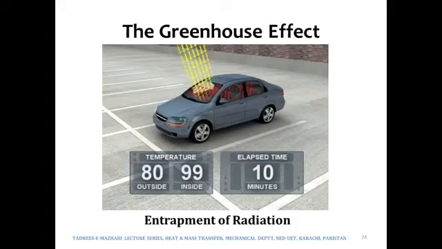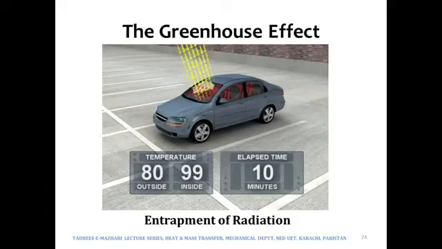Outside air temperature may be like 30-35 degrees Celsius, but inside the car we find it to be a lot more, probably approaching 40, 42, 43 degrees Celsius. So when does it happen? When we park it in the sun, right? If we park in a shadow, we do not feel it that hot, or it does not happen during night time. So what happens is that when the sun is out there, now the sun is emitting radiations,